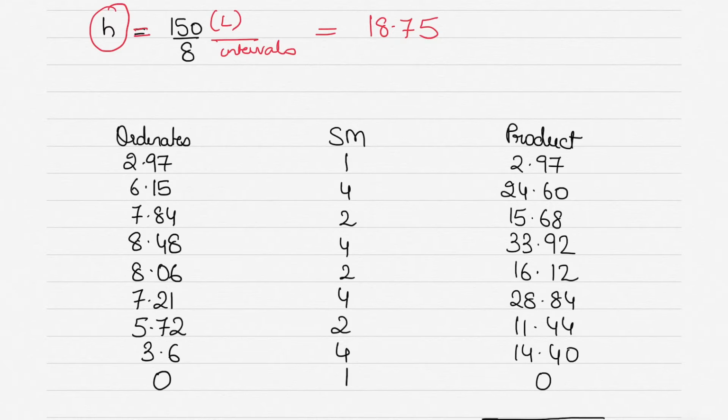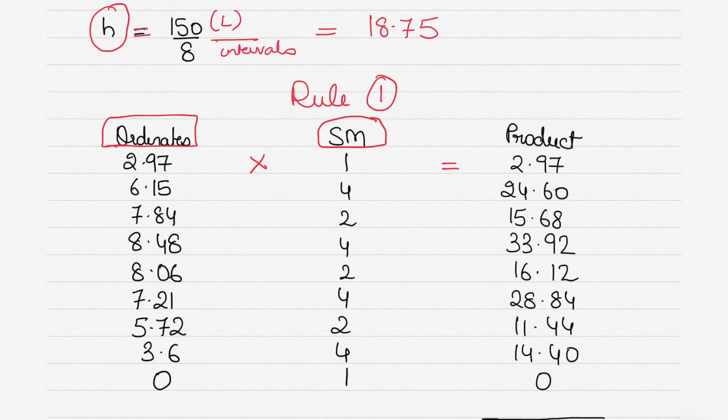Now that I have decided, I'll be using Simpson rule 1. So we are using rule 1. The Simpson multipliers are given below, that is 1, 4, 2, 4, 2, 4, 2, 4, 1. This is for 9 number of ordinates. So we have 9 ordinates given to us. In each case I will be writing down the ordinate and multiplying it with the Simpson multiplier, which will give me the product.